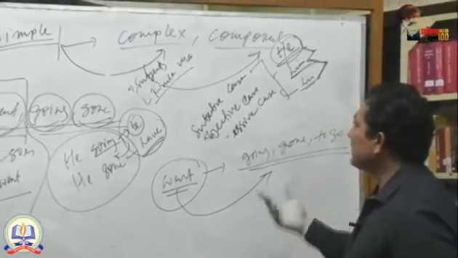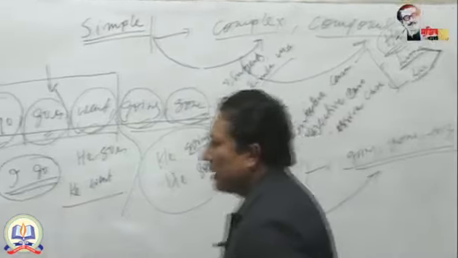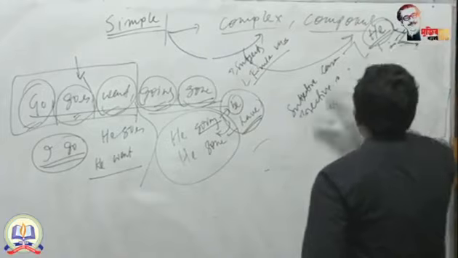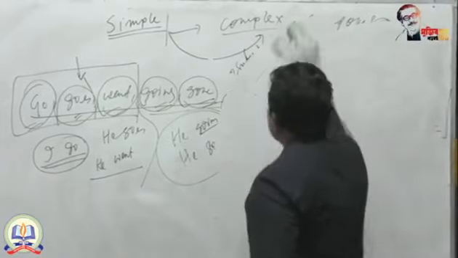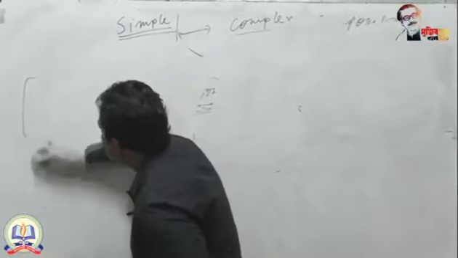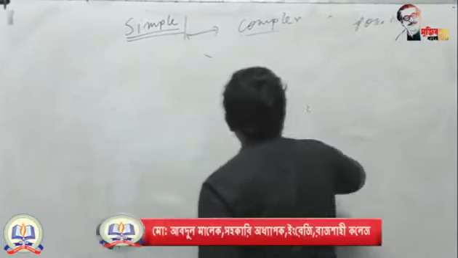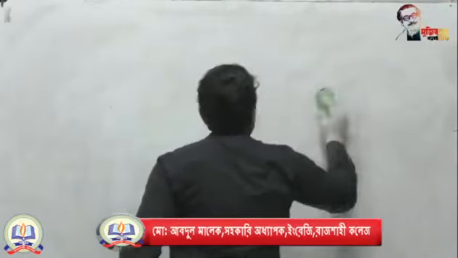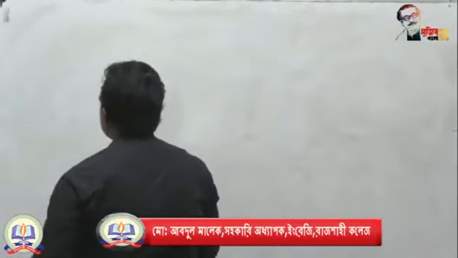So in this way you can transform a complex sentence to a simple sentence. That means for making a simple sentence, you have to ensure a single subject and single verb. In this way,